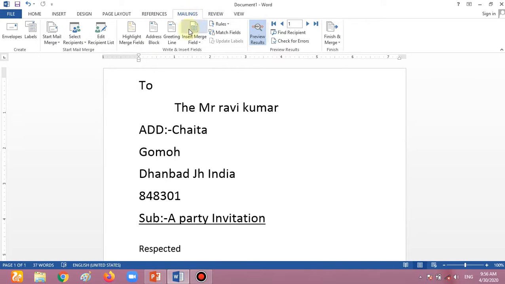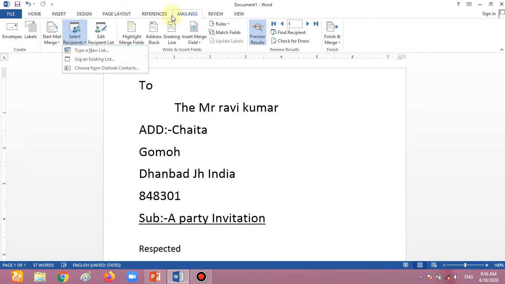Now we see, we have to create a database by clicking the mailing tab. For mail merge we have to go to the mailing tab, and to create a new database, go to select recipients, and from selecting recipients, type a new list. In this area we create a new list, but we already created a list. So first we learn how to create a list, and then we use our old list. Okay, so I'll show you how to create a list.